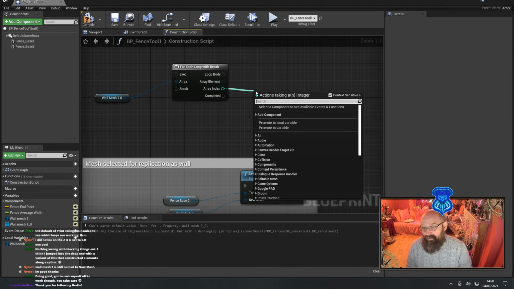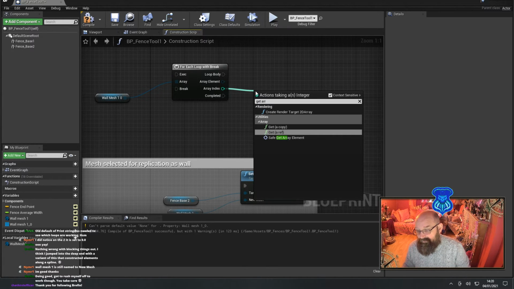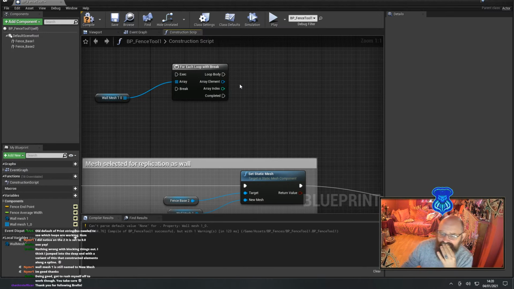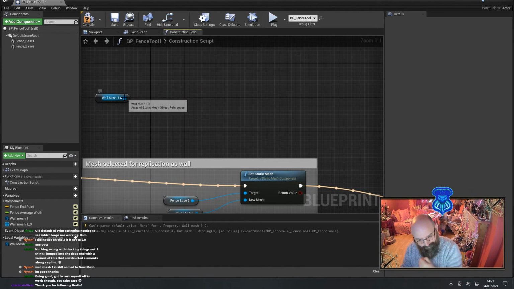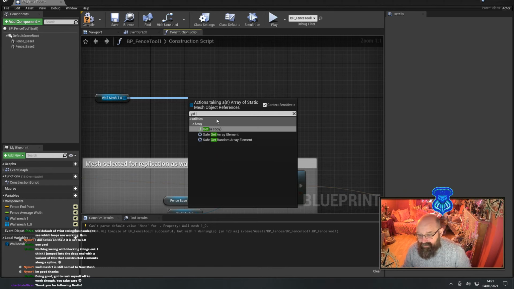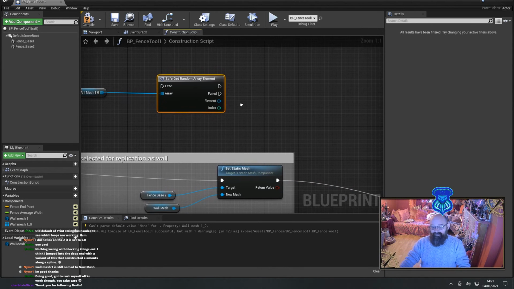And I need to be able to change that. Now I can't set my array index there, but how can I read the elements? Let me have a look. I suppose if I set my index number to random, then what I want to do is get array element. I've achieved a random element from the array. That's nice. Okay, so if we get a random array element